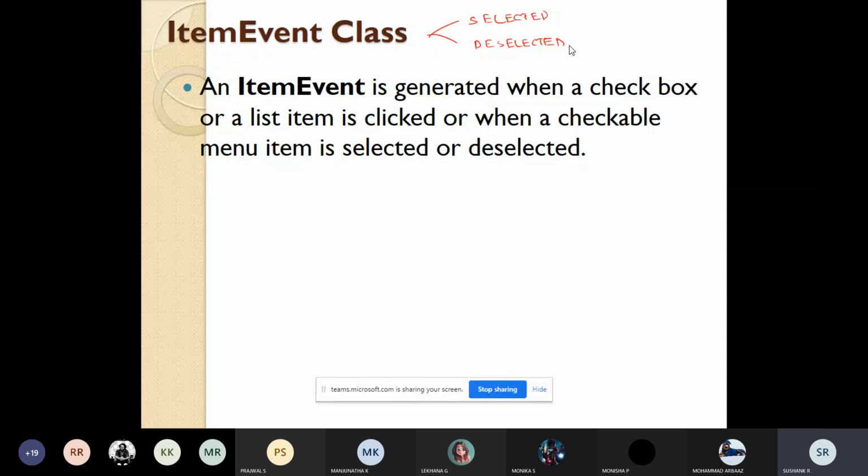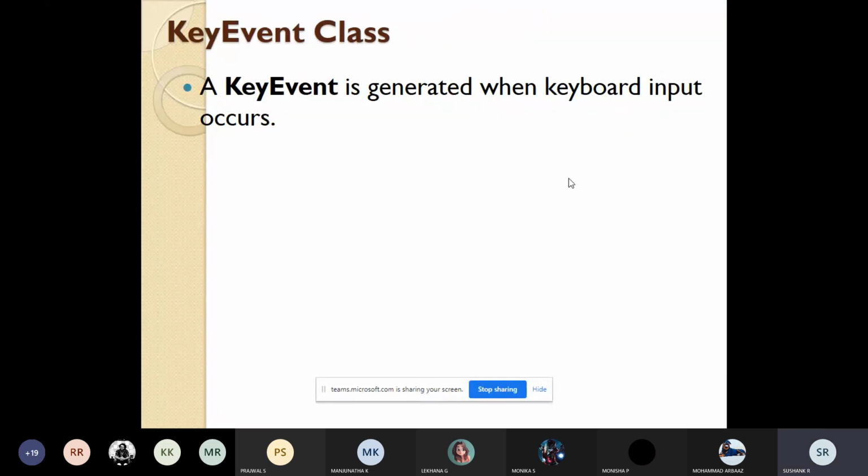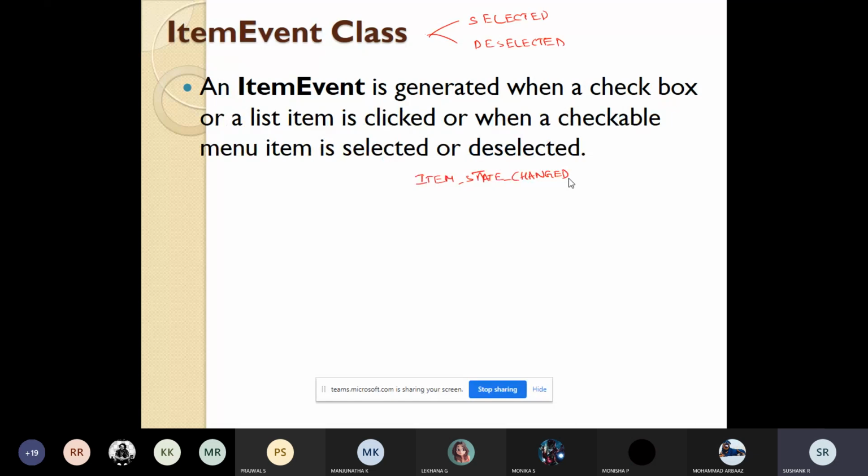In addition to this, we have one more constant, ITEM_STATE_CHANGED.